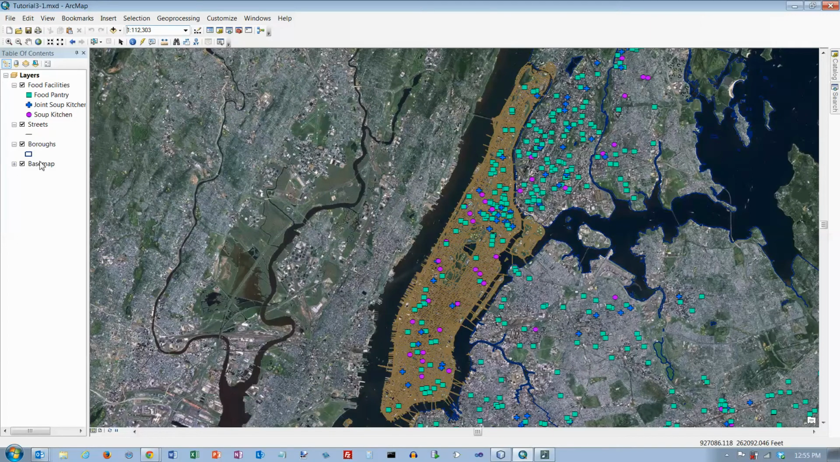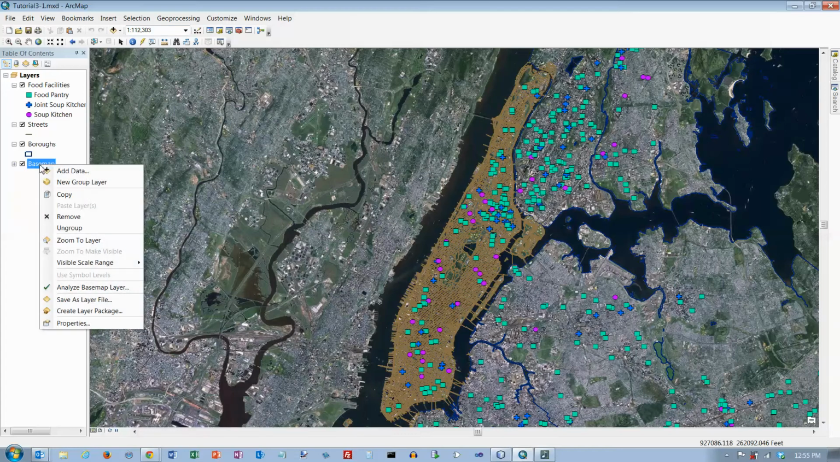And now what we want to do is right click on the base map over here, and we want to set its visible scale range, and we want to set the minimum scale. Okay,